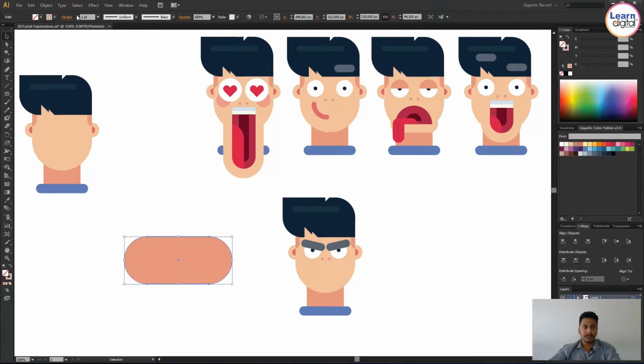So object, path, outline stroke. You can convert your stroke into shapes.